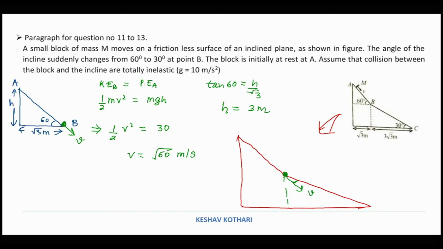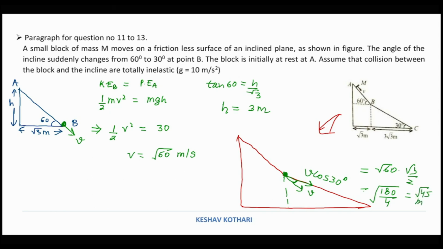So the velocity component along the incline, that is BC, remains unchanged, and this will be equal to V cos 60 degree. Sorry, V cos 30 degree. So at this point the velocity component along the incline BC remains unchanged, and it will become equal to V cos 30 degree. So over here we can calculate it as root 60, and cos 30 degree is equal to root 3 by 2. So from here we attain a value equal to root over 180 by 4, that is equal to root 45